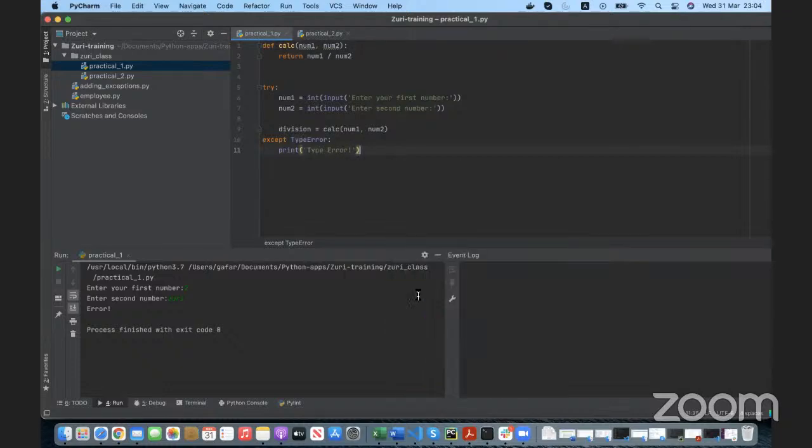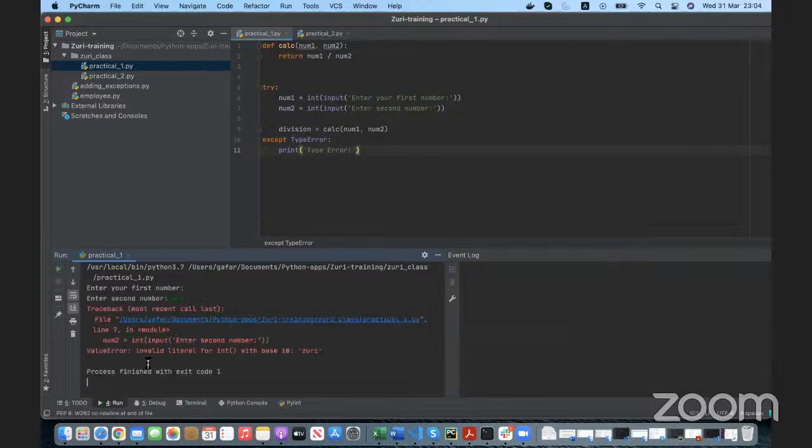So we run the code. Let's say 2, say 0. Oh, it's a value error, sorry. It's a value error, not a type error. Invalid literal for int with base 10, 0. So it's a value error. So this is the importance of